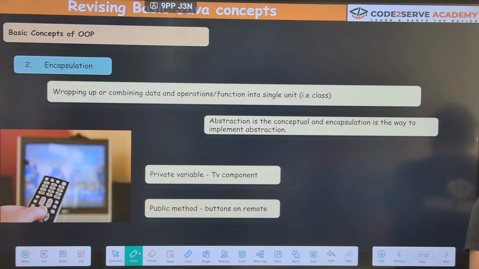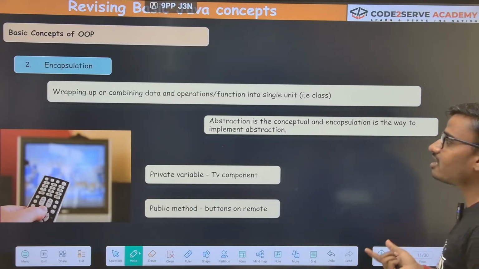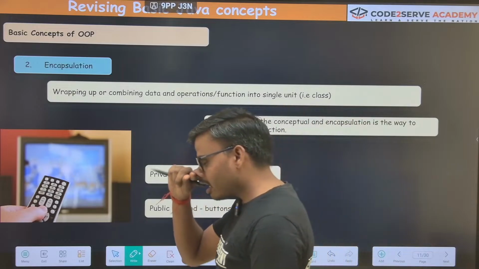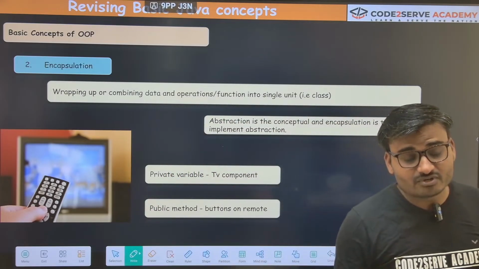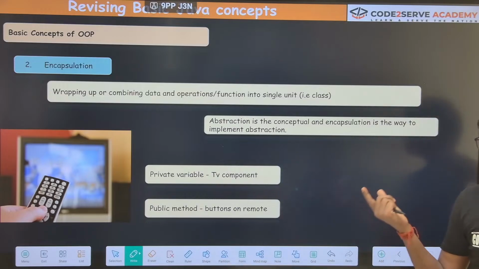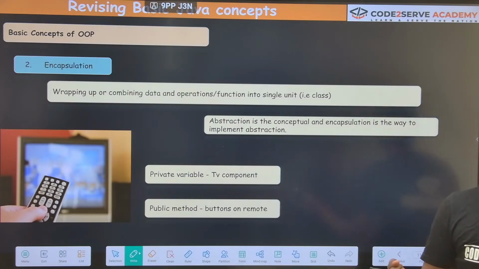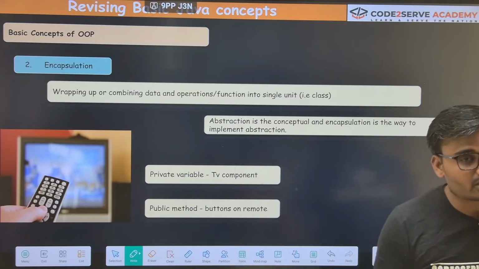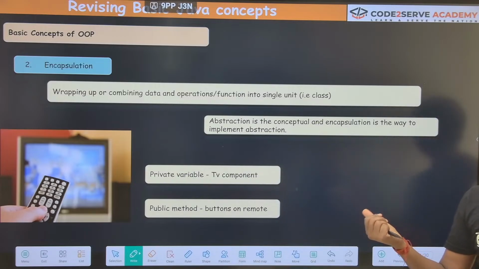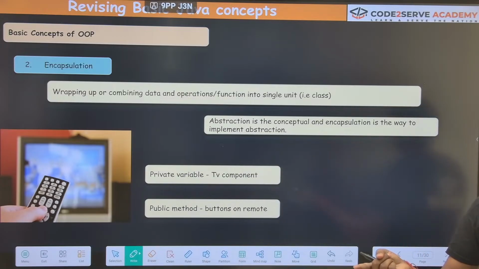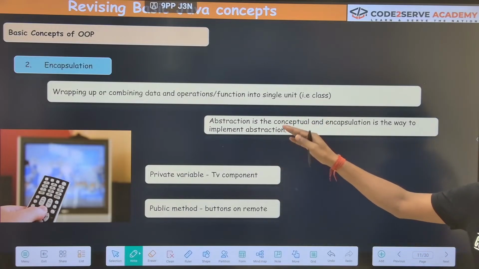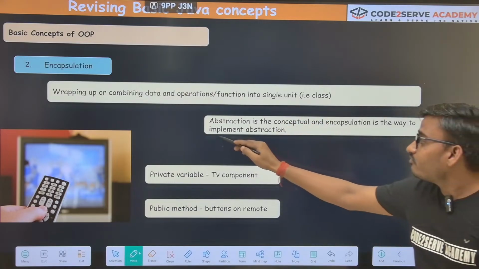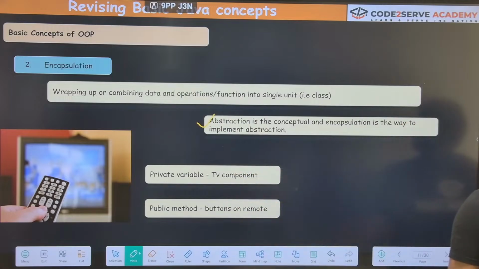When we learn further in the upcoming lectures, we'll see that whenever we write a class, we have the data variables that we already discussed. An object can have characteristics, that is the state or the variables that we are using, and the behaviors are the methods that we are writing inside the class. Okay, so with this we are explaining the concept of abstraction.